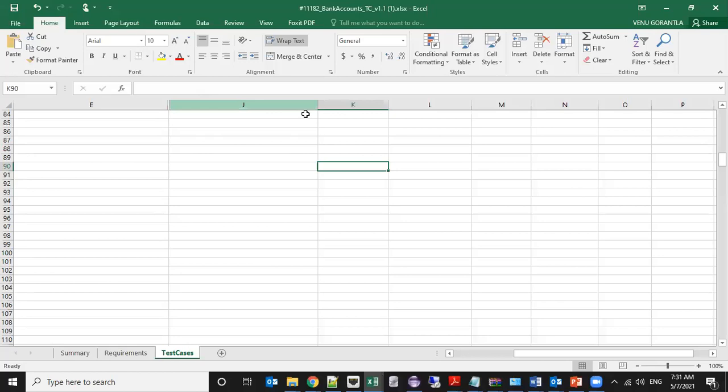Can you see here the Word document, the Excel sheet, where we have the suite, which is a combination of all the testing types and scenarios.